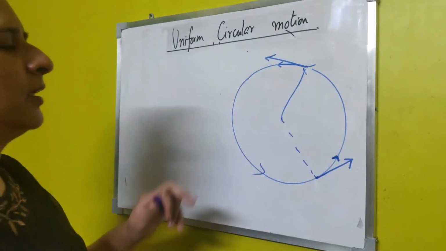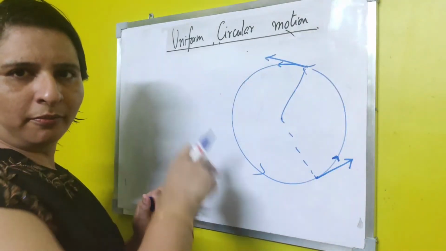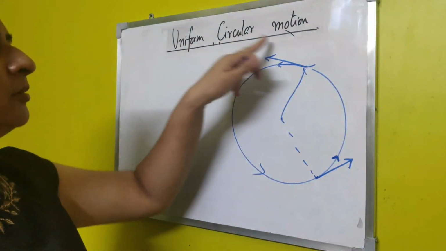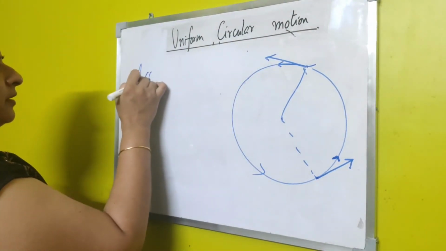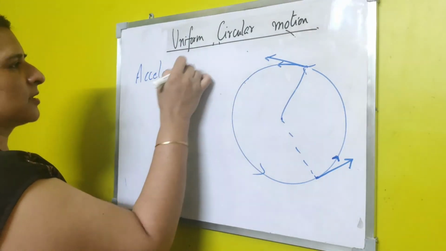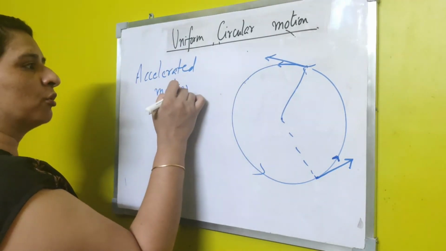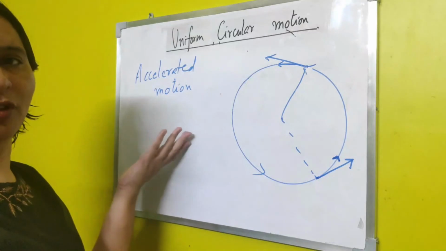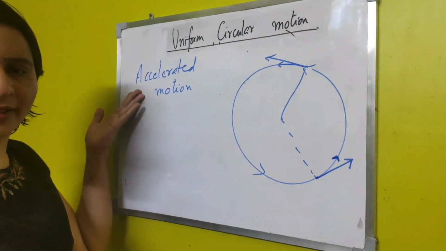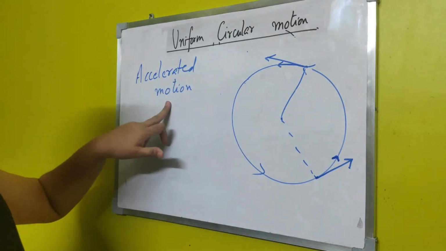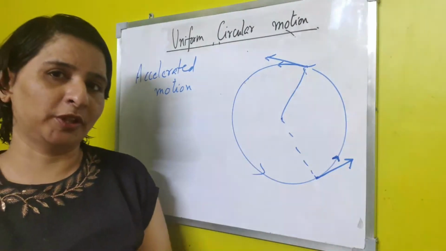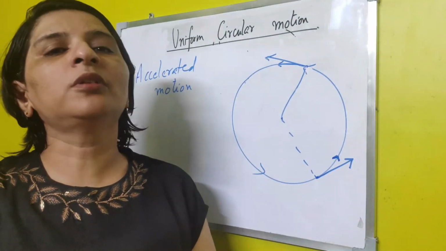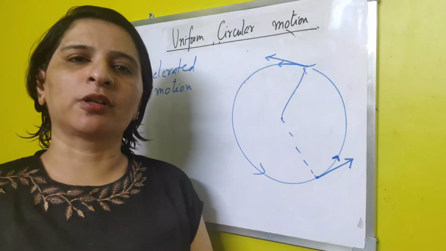So we can say that when the body is in circular motion, maybe its speed is constant at that time, but direction is always changing, and hence uniform circular motion is a case of accelerated motion. Although the speed is constant, velocity is changing. Since velocity is changing, change in velocity is always the acceleration. So uniform circular motion is an accelerated motion. Another practical real life situation is the planets moving around the sun or the moon revolving around the earth. I hope the concept is clear. Thank you.